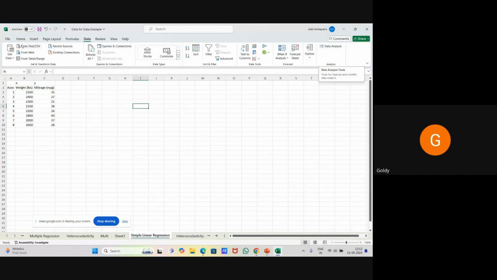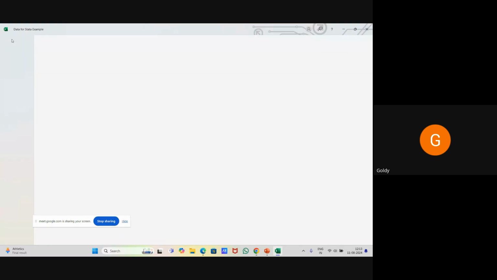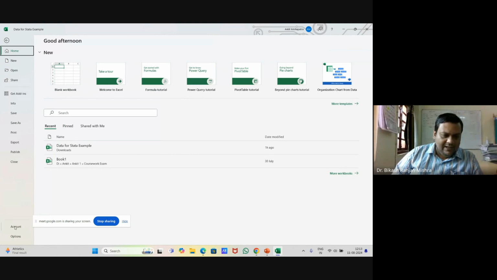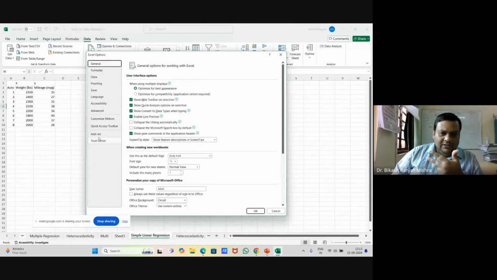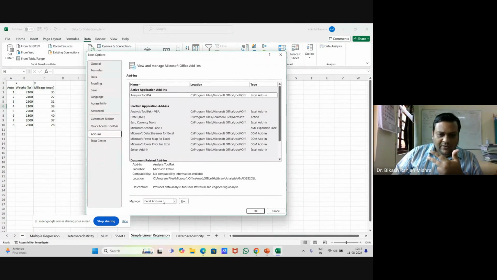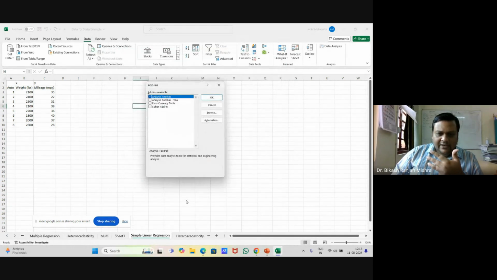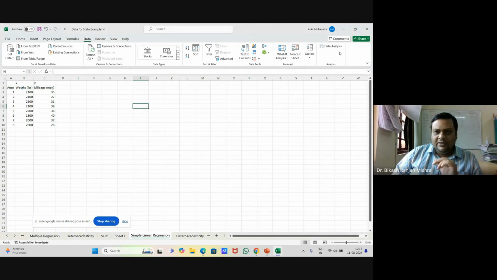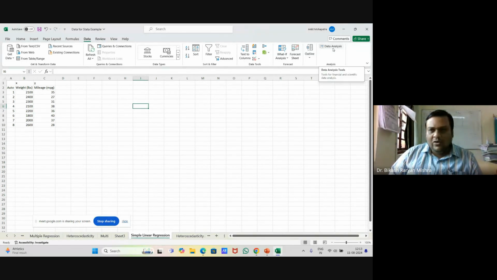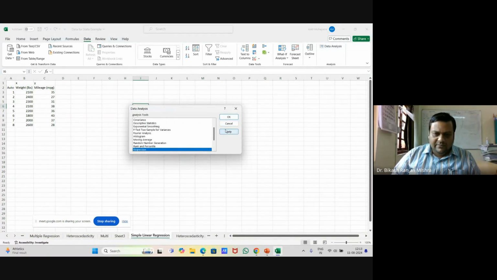Okay. Again, for a last thing, go to File, next option, third add-ins, fourth manage Excel add-ins, fifth go, sixth select Analysis ToolPak, seventh OK. So then data analysis will come. If Data Analysis is there, what you need to do is open the